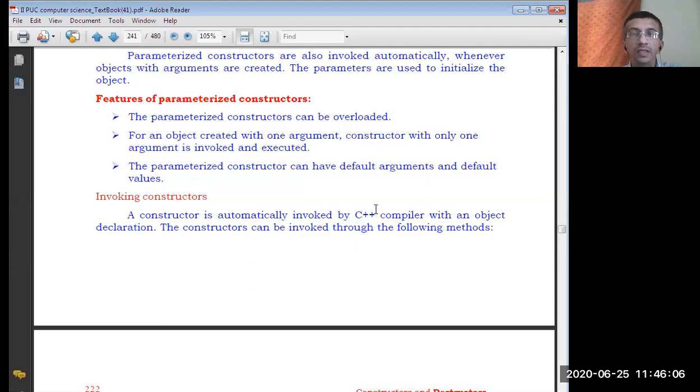Are you understanding? In the case of default, many objects of the same class will have the same set of values for the data members when you initialize, because it is not possible to give arguments. For example, if x and y are two data members, all the objects of a class will have the same values, which is not possible in reality. Correct? No? For example, if you have different student objects for a class student, would different students have the same name, same roll number? No chance. So parameterized constructors are useful in this situation.